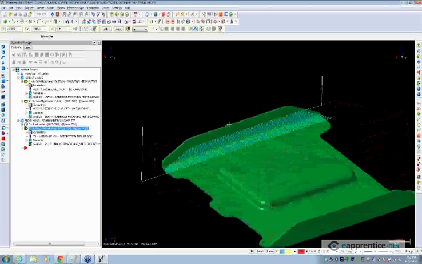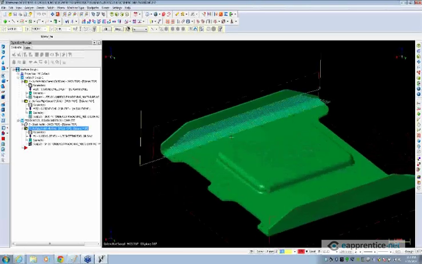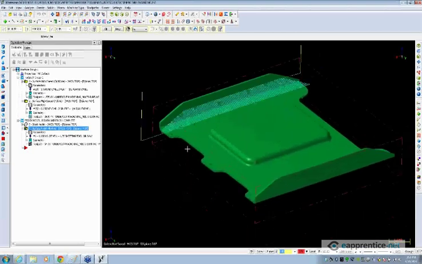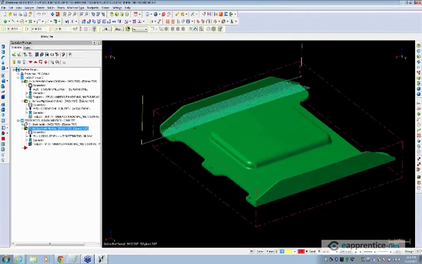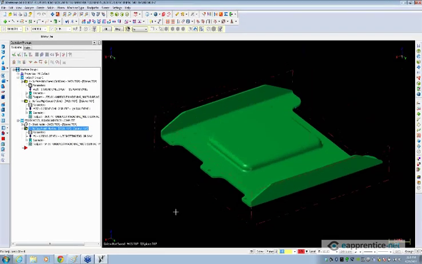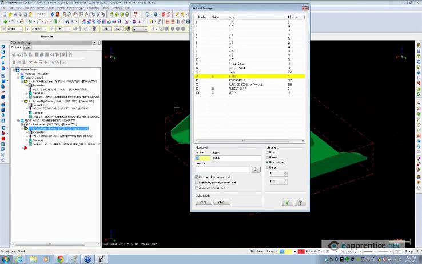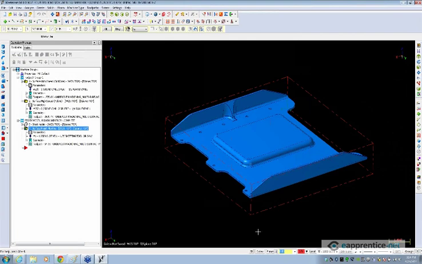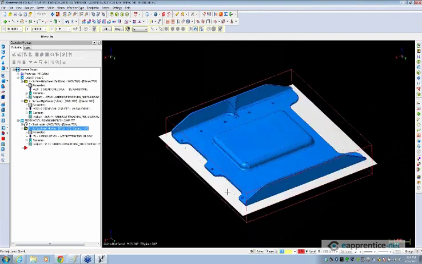Okay, so that's all fine and good, and I'm sure that we could do the same thing including this surface here. But let's take it up another level. So I'm going to save that, and we'll turn off the toolpath there. And let's look at a different model. So here's essentially the same part,